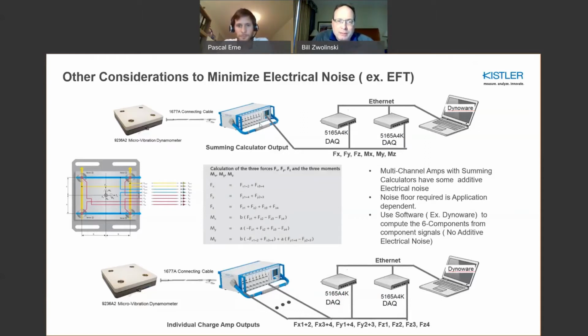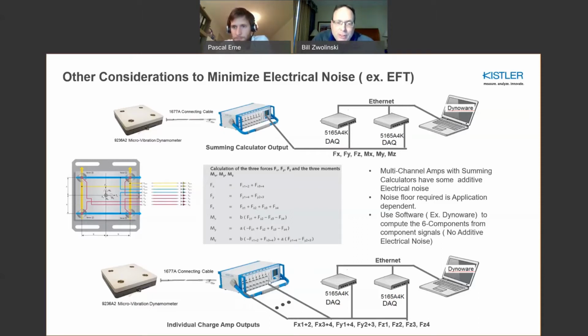Well, this summing calculator is basically an analog circuit with gain and scaling, and sum and difference functions. What that does is add some additional noise. So if you really wanted to get the lowest possible noise out of your charge amp measuring chain, you would power both your data acquisition and charge amp by a battery, and you would take the charge